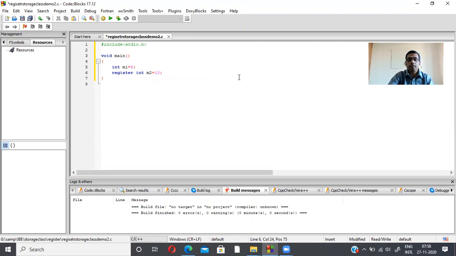Now I'm printing the result. printf, \n is the new line character, the value of m1 equal to %d, where %d is a format specifier of an integer.